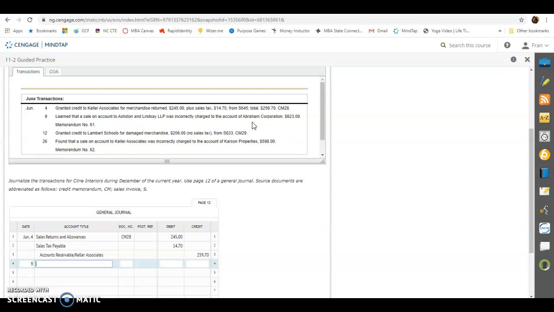And we don't have to say accounts payable here because it's not going to affect your accounts payable account. All we're doing is moving it from Abraham Corporation to Lindsay Corporation, because that's where it was supposed to go. So we know it was supposed to be an accounts receivable, which is a debit, to